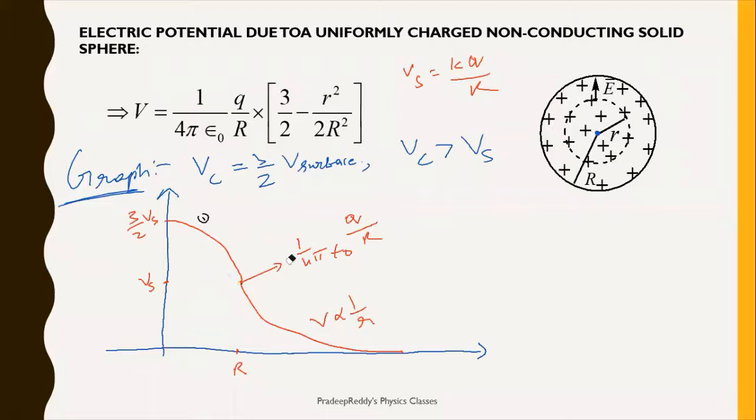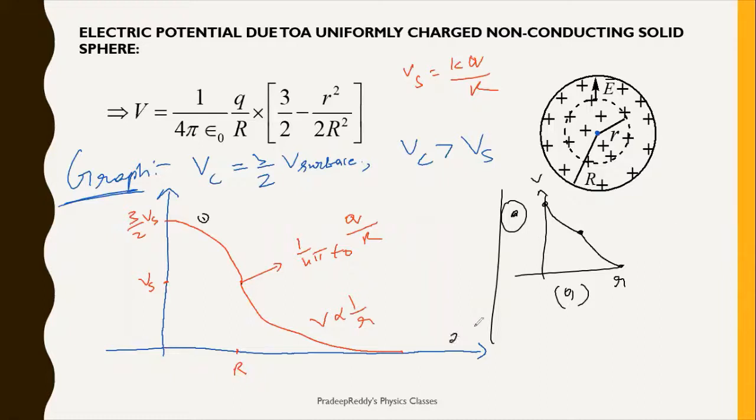So sometimes if graphs are given, you may get two different graphs, just like how it is being shown, option A and option B. Option A can be like this: from the center, and from here it is like this. This is option A. Don't select this one. Here it is r in meters and potential in volts. And option B, you can get it like this. From this point you will be getting a graph like this, and then from here it decreases. It is V and it is r. Always select this kind of graph rather than the other one.